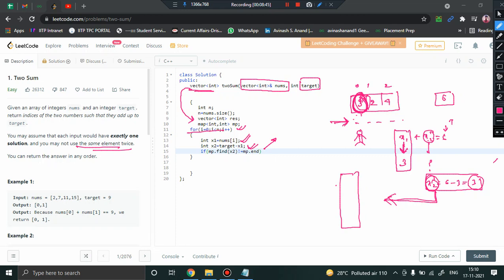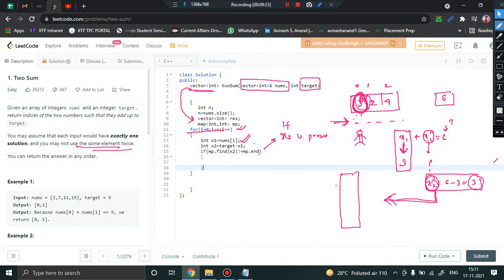Find will basically check if x2 is present in the map, and if it is not equal to mp dot end. Dot end basically points to the location next to the last element in the map, which means this confirms if x2 is there or not, right? So not equal to mp dot end means if it is there. So this line means if x2 is present, then we will execute a set of codes, right? But do you think x2 is present right now?